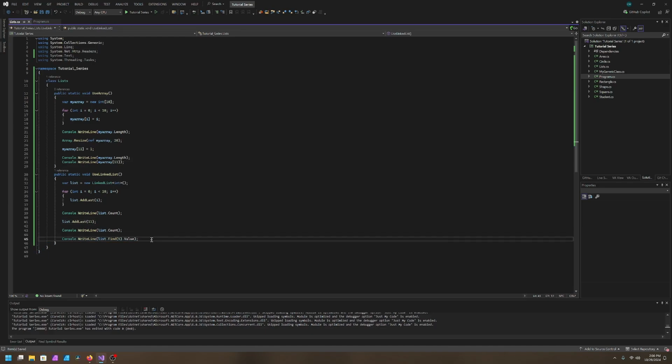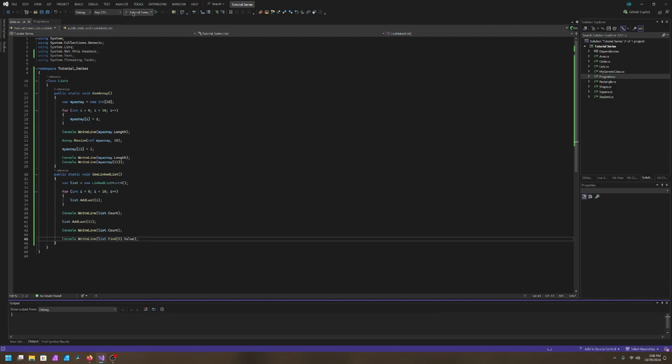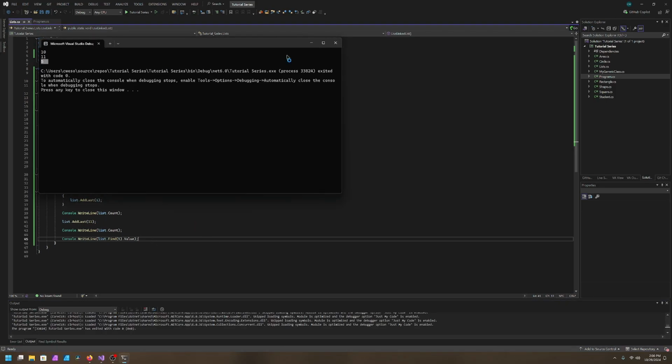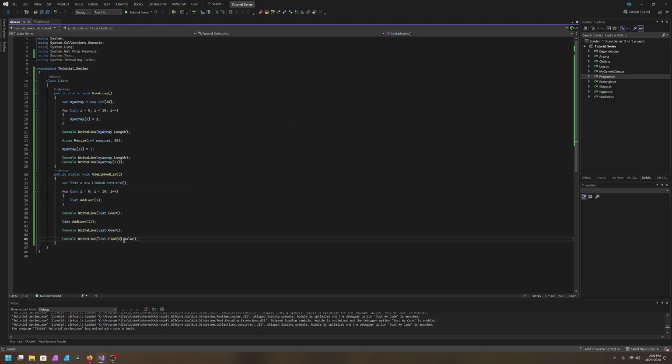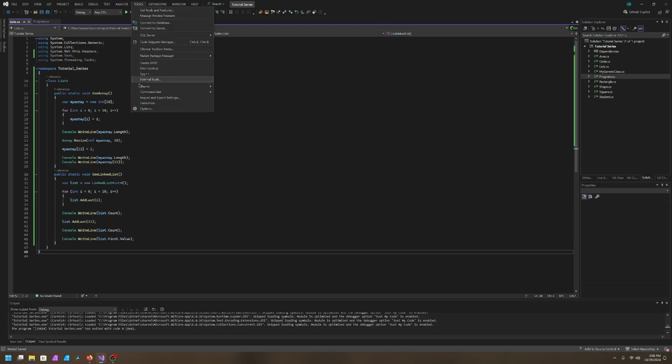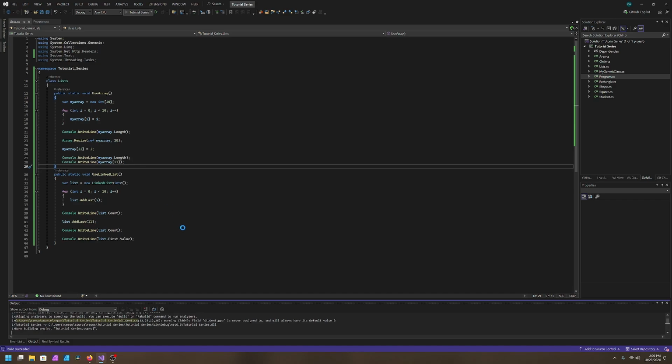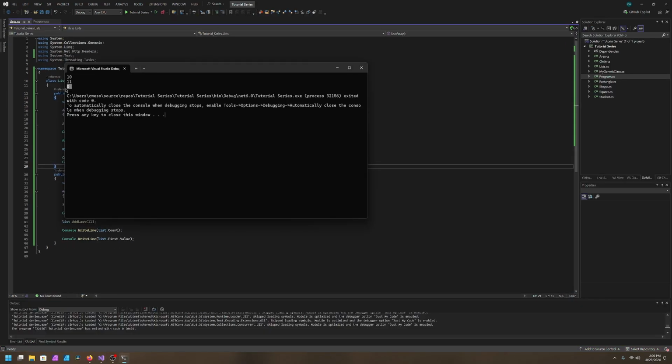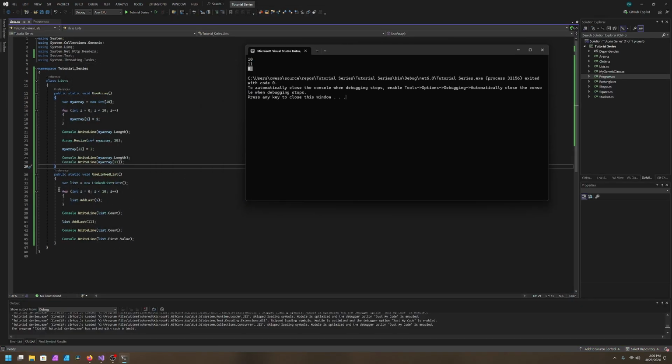If we want to print, we can do that, and we'll go ahead and run this again. As you can see, we've grabbed the number 5. We can also grab the first value in the list too. So if we want to find out what's the first number in our list, we can do list.first and then value. So we're just getting the value out of the first node in this list, and it should be the number 0, because we have stored 0. And as we can see, it is the number 0,